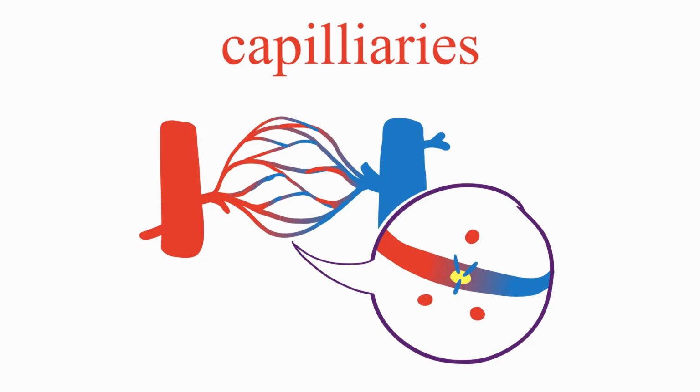Little capillaries act as the transfer station between the two. You've also got arterioles, which are like mini arteries that branch out into those capillaries, and venules, the smallest vein components that suck blood out of the capillaries and merge into the larger veins that head home to the heart.